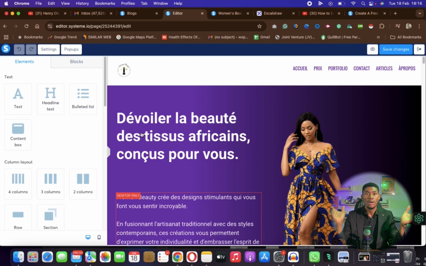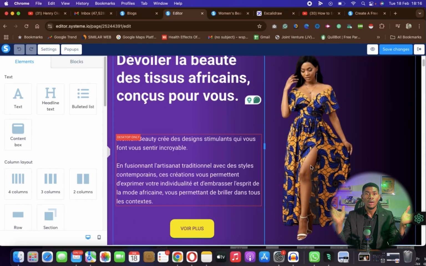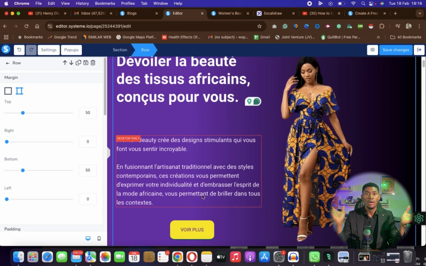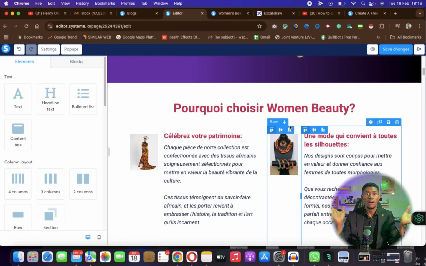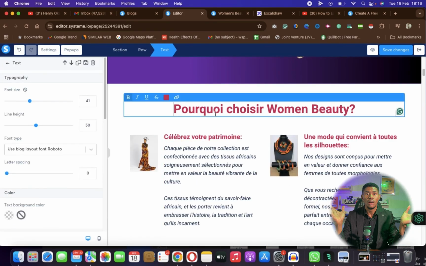Just click, drag this place here and bring it, it becomes a section. All these are just text. This is just an image. Just click on this part now. Just put the image I want and you see, good to go. All here are buttons. So you can edit all these things. Click here. You can just come here, write what you want to write